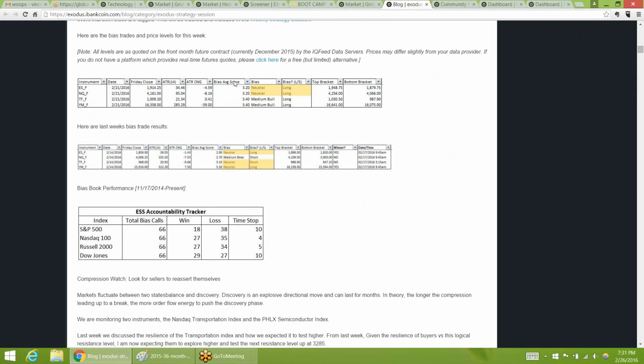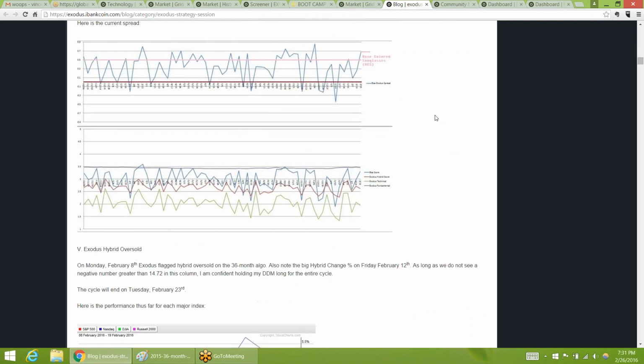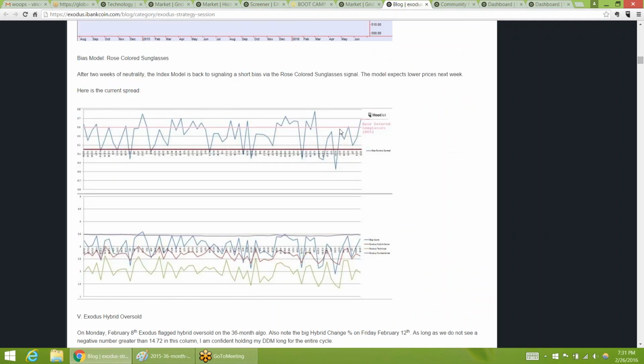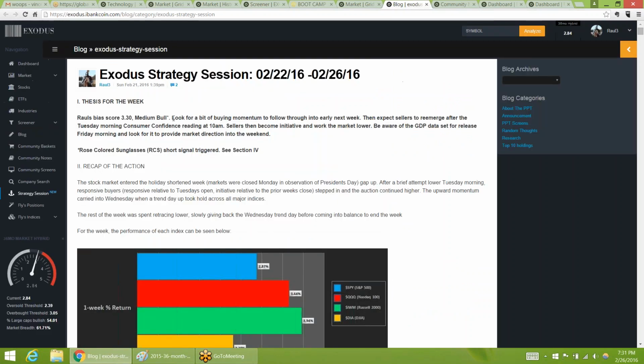I score all of them, and then I compare that average score to the Exodus hybrid score, and I look at the spread. And that's what I do every week on this bias model. And when that spread's greater than 0.5, for me that's a short bias. And so that triggered this week, which led me to write this thesis, which was look for a bit of buying momentum to follow through early next week, then expect sellers to reemerge after the Tuesday morning consumer confidence reading at 10 a.m. That literally played out